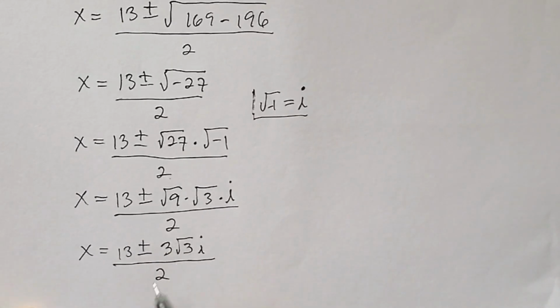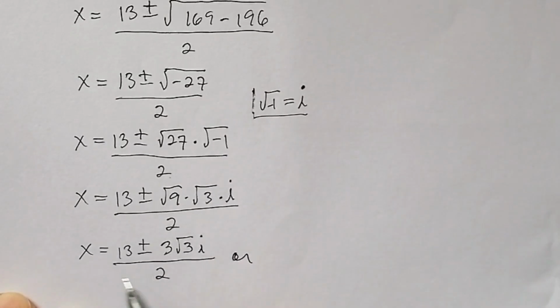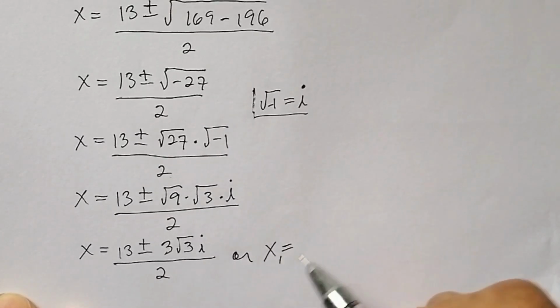Now that we've got the value of x, this means that we have two values of x, or this will be written as